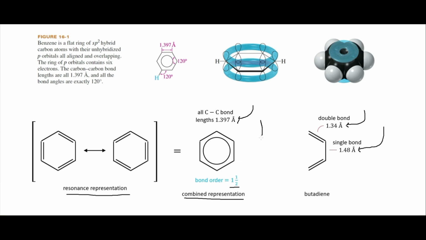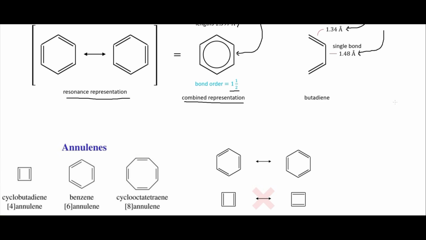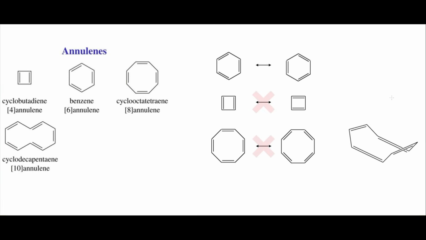And this is drawn with a circle inside, and that's because we don't actually know which bonds are single and which ones are double because the electrons spread out through the entire ring. So we can actually think of those like electron density forming these donuts above and below the plane of the ring. There are multiple different types of aromatic compounds that we will be looking at in the next few videos,